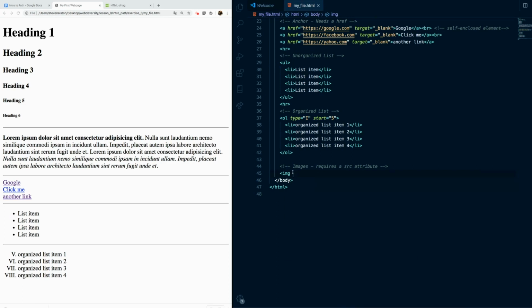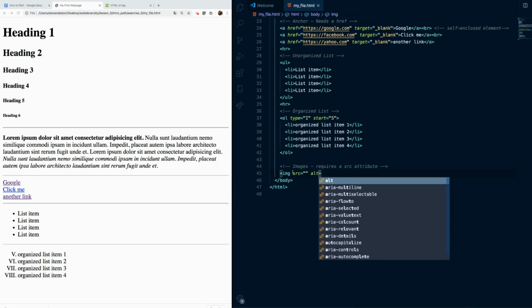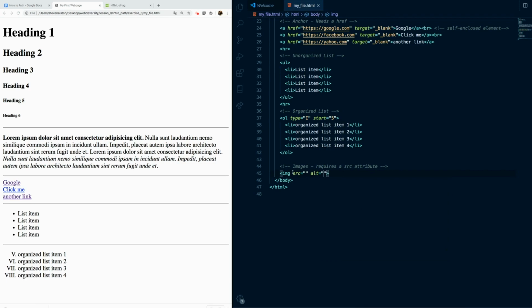As mentioned in the comment above, we need to add our source. That basically says, hey, where is this image located? And then you also need something called an alt attribute, which stands for alternative text. That's basically text that people will see if your image doesn't display. So for some reason your image doesn't load up, or for some reason